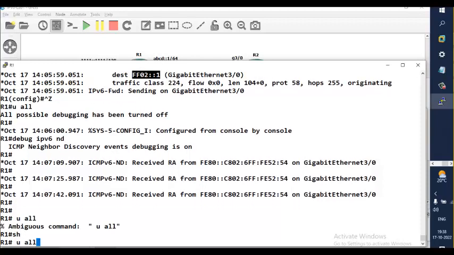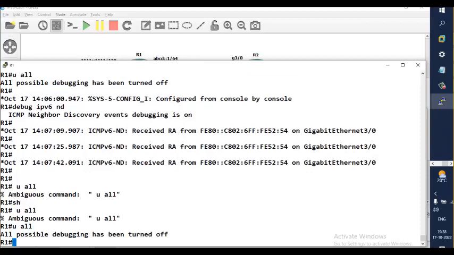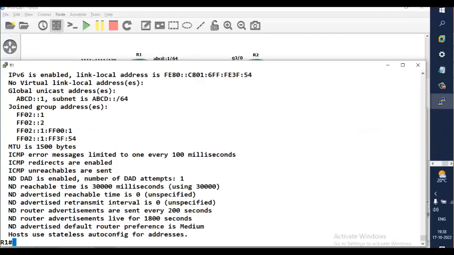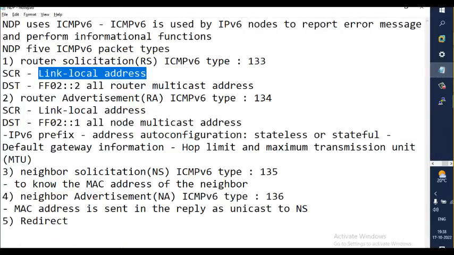This is the command that I was using some time back. That time you did not see this one. As soon as I say IPv6 unicast routing, it started behaving like a router, and it sends